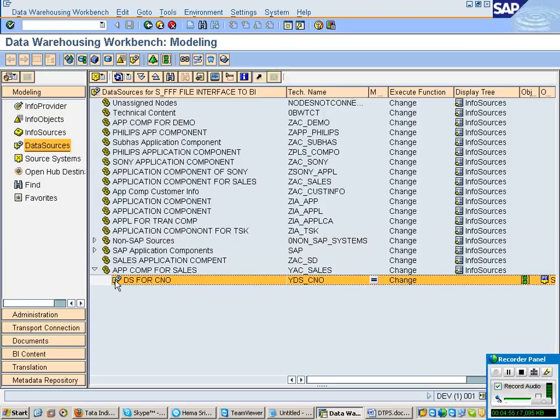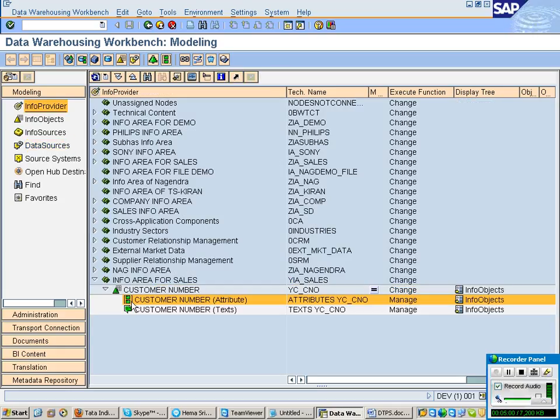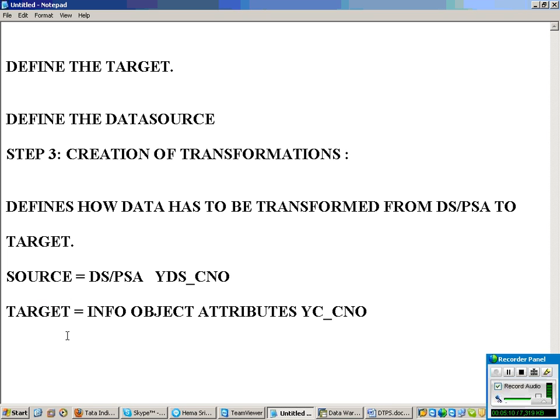So that's what I am saying, right? Data from the file will be coming to the data source. From there I need to send it into this particular target. Okay, so that is my requirement now. For that, what has to be done? When you want to start creating a transformation, very simple. Either you can start it from the source level, or you can start it from the target level.